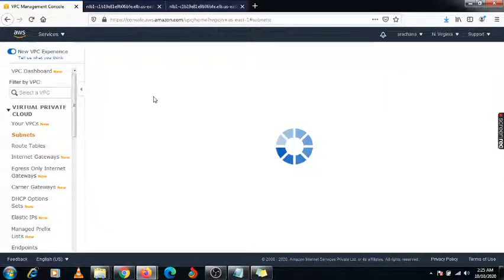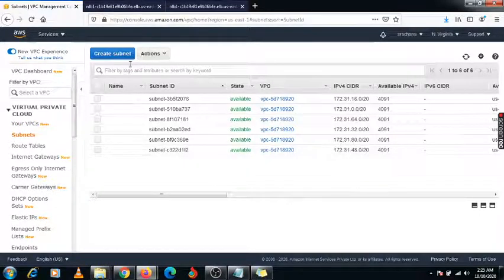Now we are going to create subnets. Under this VPC you need to create two subnets, because when we create the load balancer there is the target group, and under the target group we will add these subnets. Under this VPC we need two subnets, and the other VPC will have one subnet. At least two subnets we need to add under your target group using this VPC. So I am going to create two subnets under this VPC.